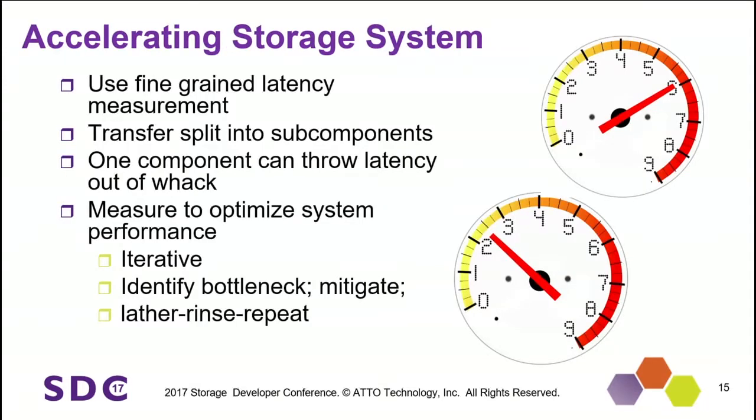And we want to accelerate this storage system, right? We have the transfer split into subcomponents, but we need to make these fine-grained measurements, because if one of those components is wrong, your whole thing can be out of whack. Especially if it's not consistently bad. If you have a situation where once in a while something acts up, those things do not look very nice. Overall, they're going to hit you pretty hard because your pipelining falls apart.